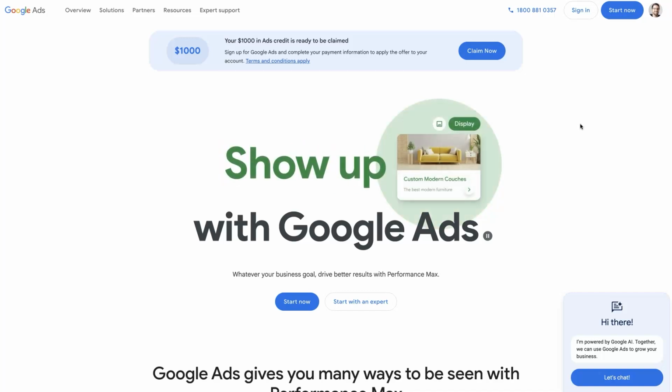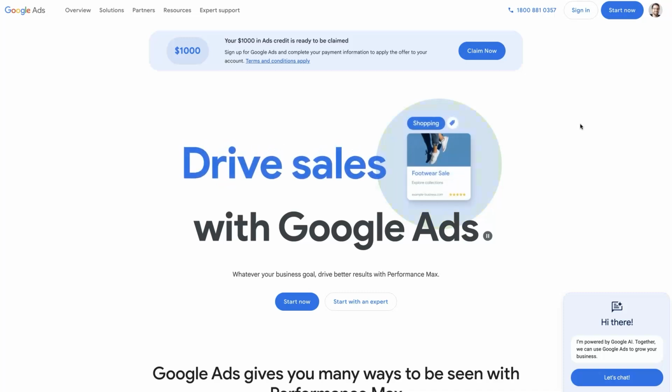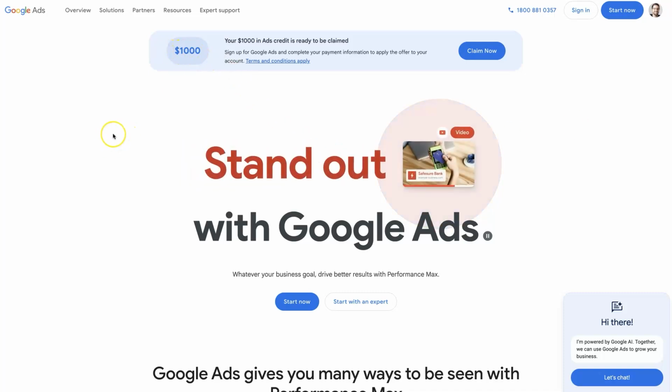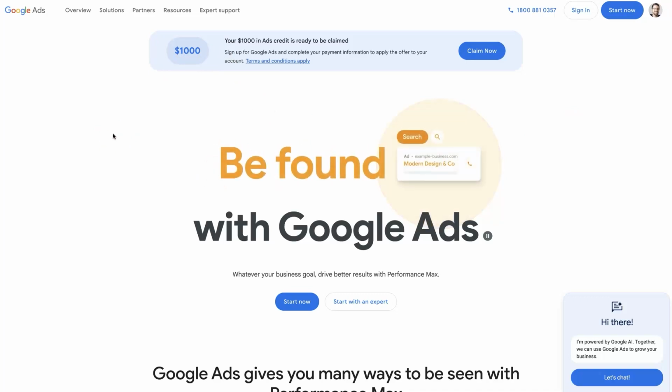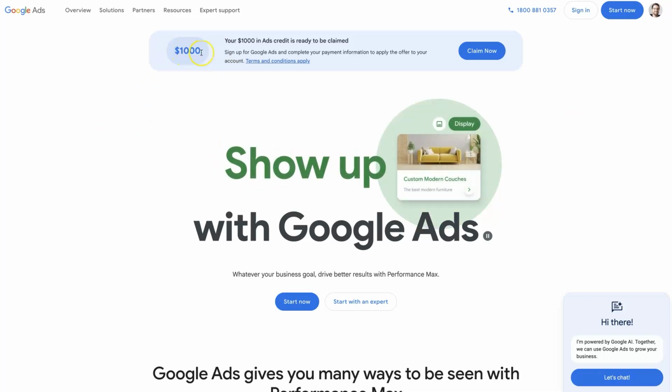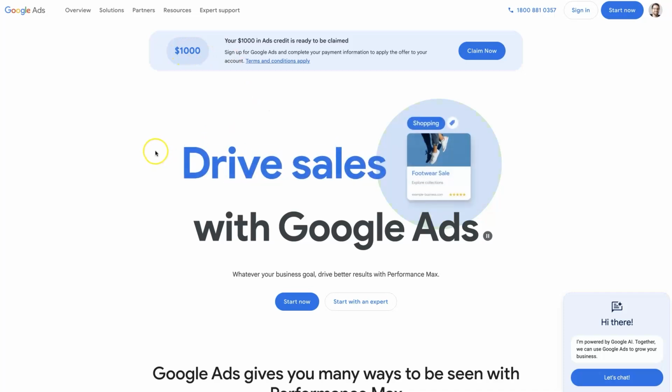So don't mess around with this. They take it very seriously. They don't want to be giving out free credits when it's not in alignment with their policies. So if you mess around and try to use 2 credits for the same business, it's not going to work